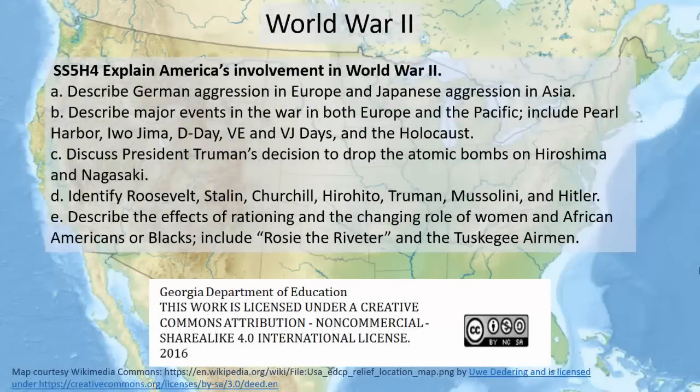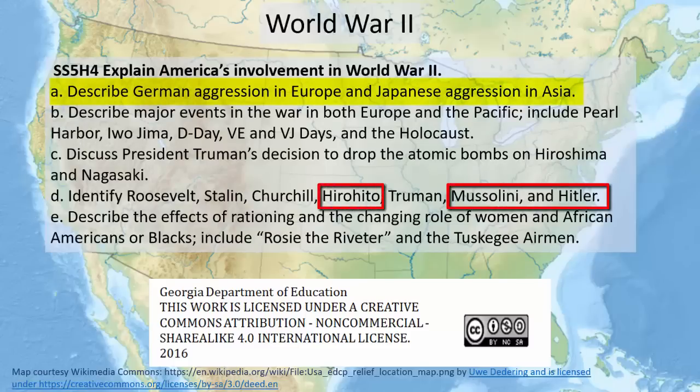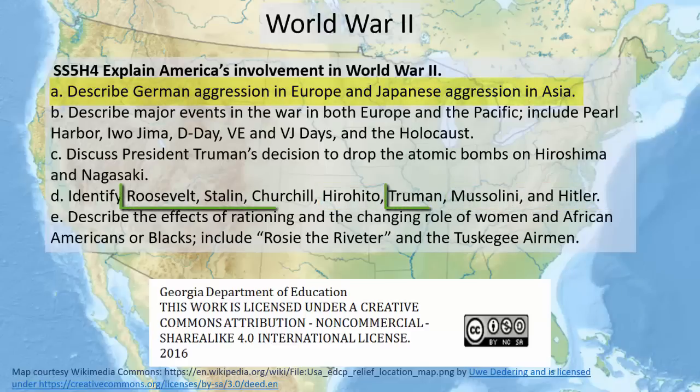This Georgia Department of Education screencast is intended to provide teachers of 5th grade social studies with content knowledge to aid in the teaching of the Georgia Standards of Excellence. In this screencast, we will be looking at the causes of World War II, specifically Germany's aggression in Europe and Japan's aggression in Asia, who the leaders of these nations were, and who were the leaders of the nations fighting